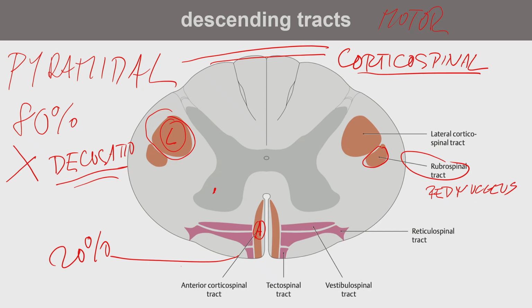So what does it mean? It means that all corticospinal fibers are crossing and going to the other side. So neurons for motions of my left hand are in my right hemisphere. But 80% are crossed at the level of the brainstem and 20% at the level of the segment where the motor neurons are localized. So those are the corticospinal tracts.